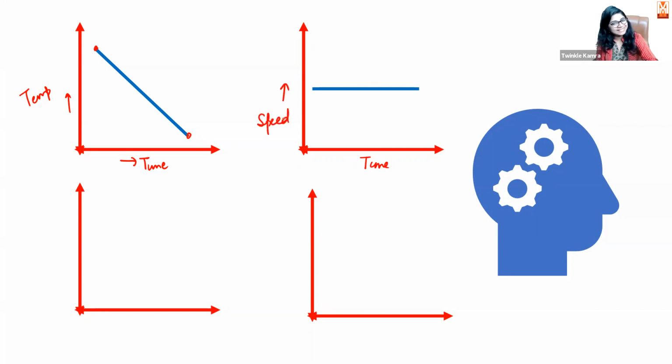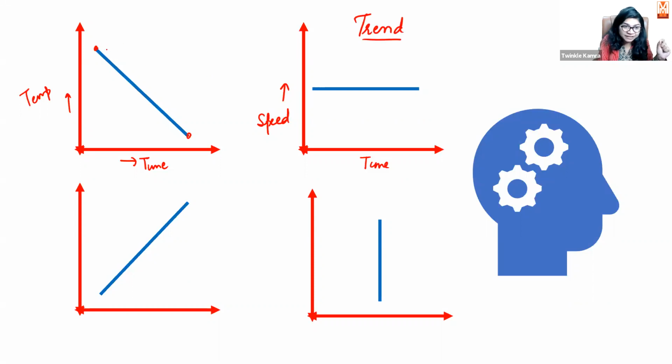The speed remained constant. This is an example of constant. It is also possible that as time is passing, something is increasing, and this is also one type of graph. They all represent linear graphs. If you notice what is fixed here, the trend is constant. I don't say the function is constant. What do I mean by trend? If it is decreasing, it is only decreasing. If it is increasing, it is just increasing. If it is constant, it is constant, again at this value.